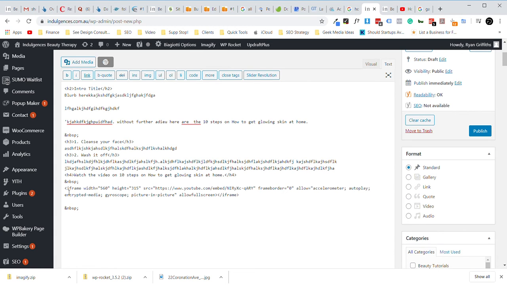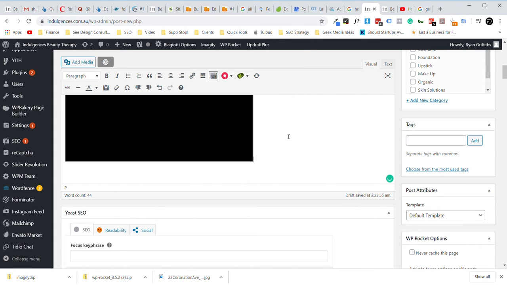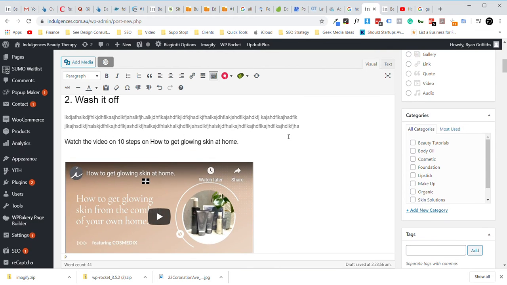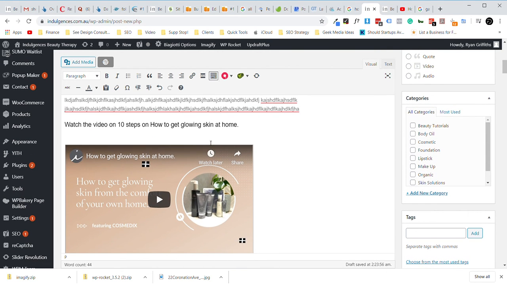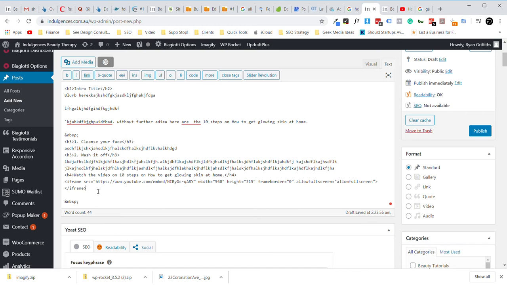it shows this is the code from YouTube to show the video. Now come back up here to visual, and you just flick that on, and you'll notice there is the video. Now if you think that's too far away, which I actually think it is, I generally like to space the videos, but because this is relevant to the video below, we might just go back a few steps and